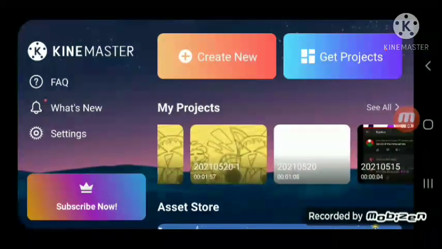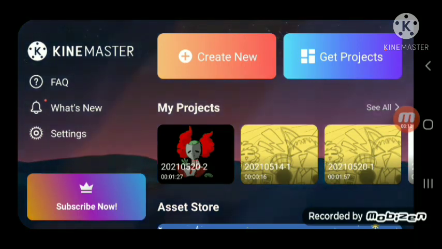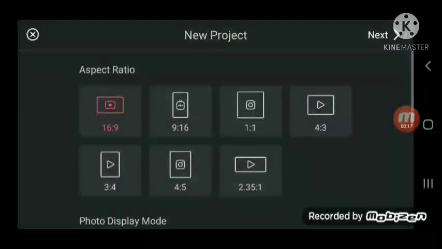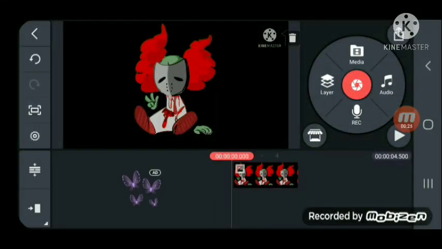Today I'm going to be showing you guys how to make Pico's voice from Friday Night Funkin' in KineMaster. So what you want to do is create a new project in KineMaster and just put any random image to get started. All right. So now what you want to do is